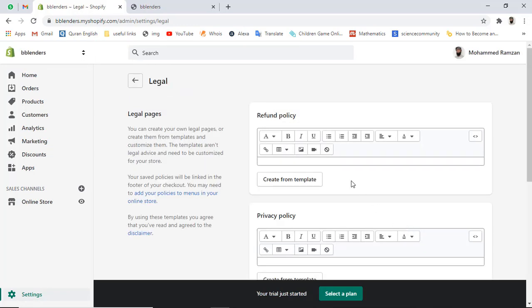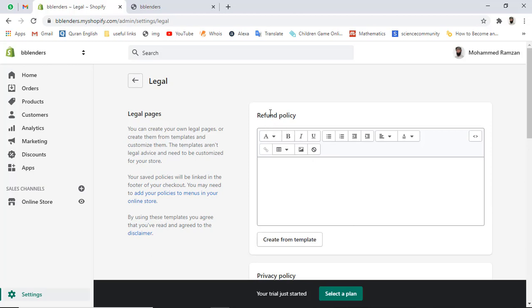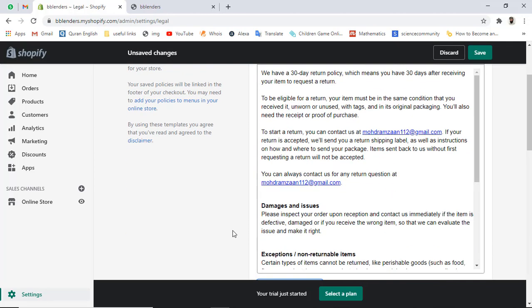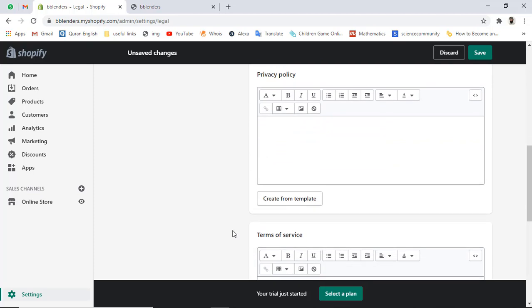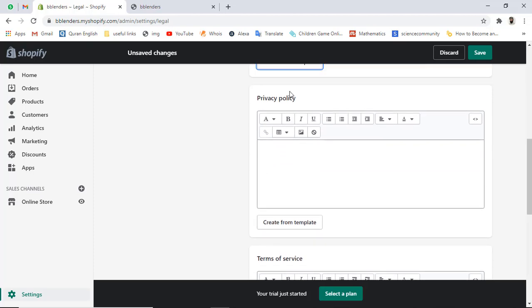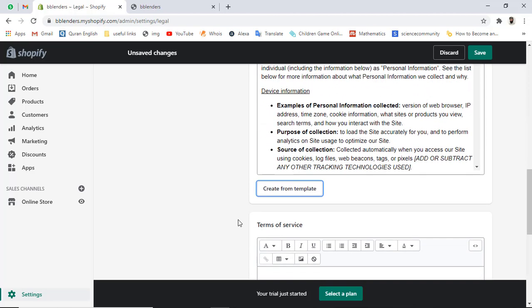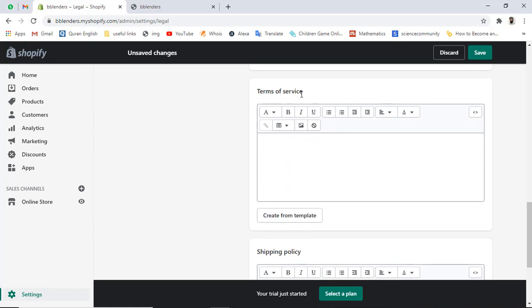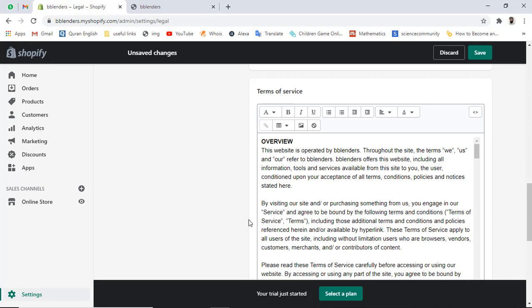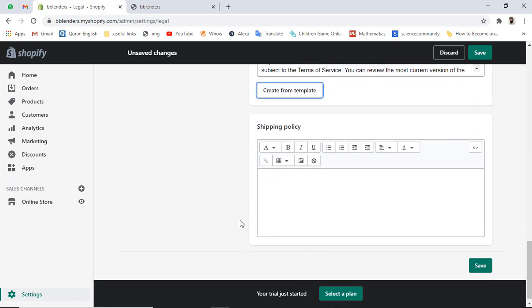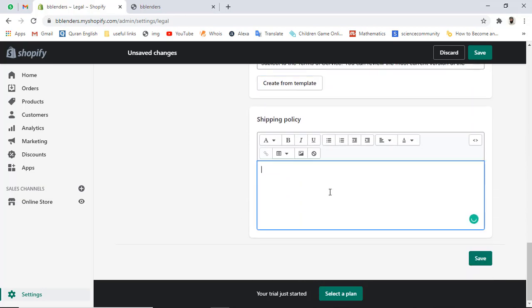So here you can see that we have refund policy, and down below we have the button that create from template. So that means we will be getting ready-made text that would be filled automatically. Then we have privacy policy, and again we will be having a default text by clicking on create from template. Then we have terms of service. Again we have that template already, so let's click on create from template. So everything is filled inside of this, and we have the Shopify policy, and we don't have the demo for